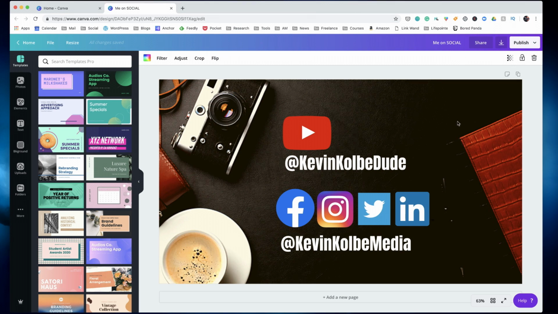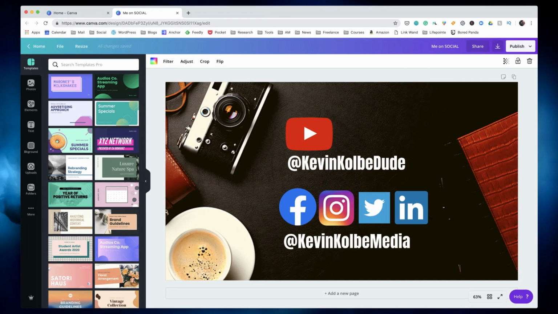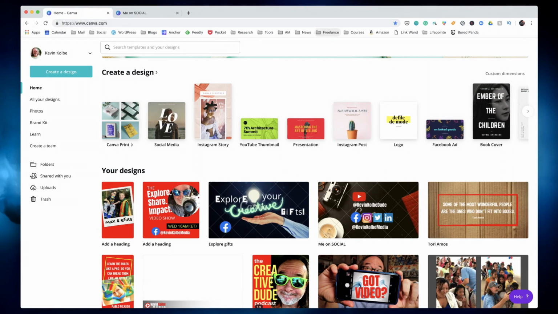So you lay it all over. Here's the beauty. Now, go up here and you see this button right here that says Publish. There's also a download, so I can just download it right there. And you know, it says Pro options. You can compress the file. Here's the key. So for the show, let me go back to me for a second. For the show, since I'm broadcasting, I do everything in 1920 by 1080. So that's basically widescreen. But you can change some variations. And again, I'll show you that in just a second.